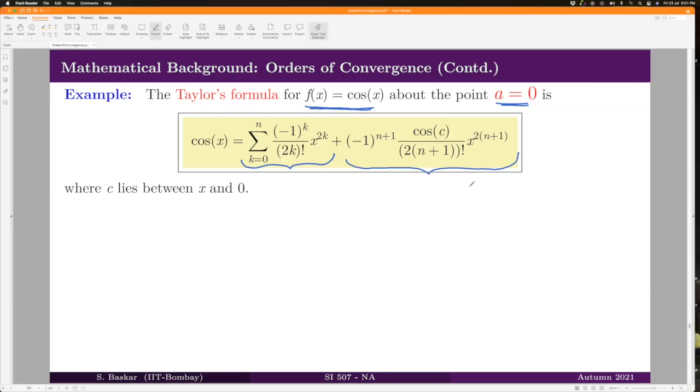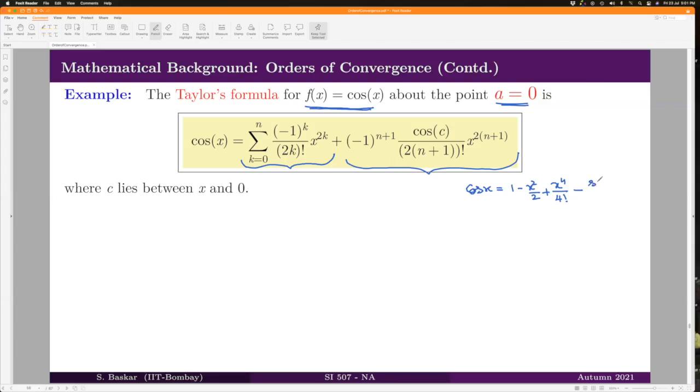We have taken cos x as 1 minus x square by 2 plus x power 4 by 4 factorial. And then when it comes to the remainder, the Taylor expansion actually suggests us to take the remainder as